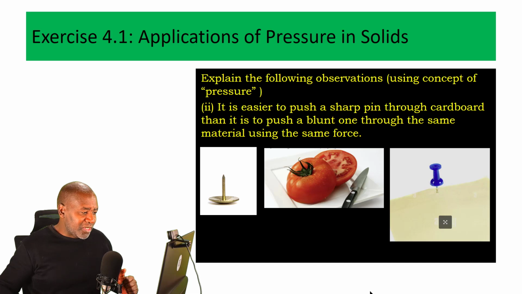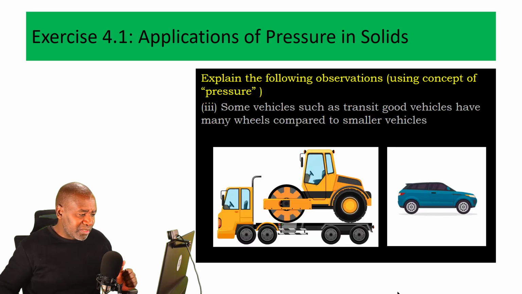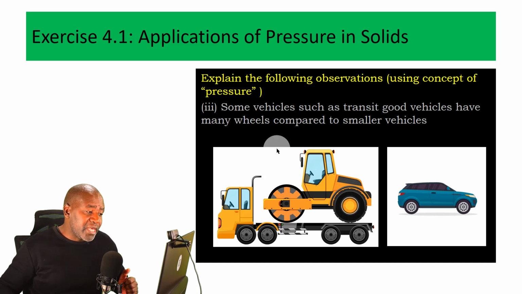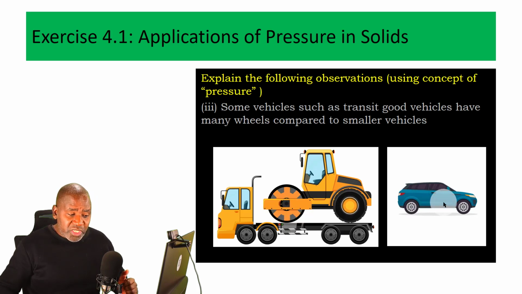Let's move over to the next one. The third one was about this one. Some vehicles, such as transit goods vehicles, have many wheels compared to smaller vehicles. Like, for example, I've got this truck here. It's carrying a heavy luggage, which is another truck. You have seen things of the sort. You have also seen these small vans. This small van has just got 4 wheels, but this one has, at the